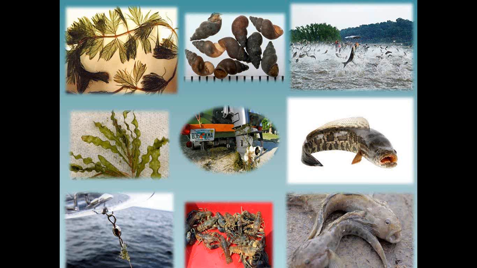Below that, you see the spiny water flea. This is a species of zooplankton that actually eats other zooplankton, so it's a real threat to fisheries in terms of food sources. Up in the top middle, we have New Zealand mud snails, also found all over the West. Very aggressive, invasive snail, tends to travel on fly fisherman gear. You hear the felt waders debate on this one pretty often.